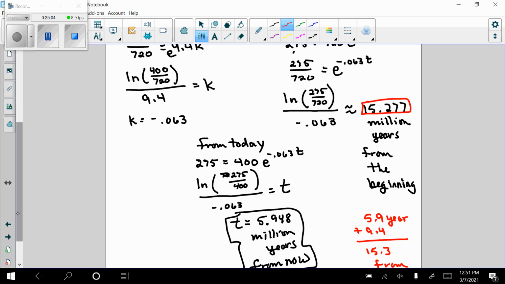All right, so that's the end of growth and decay. Next up is going to be Newton's law of cooling. So something to look forward to. Have a great